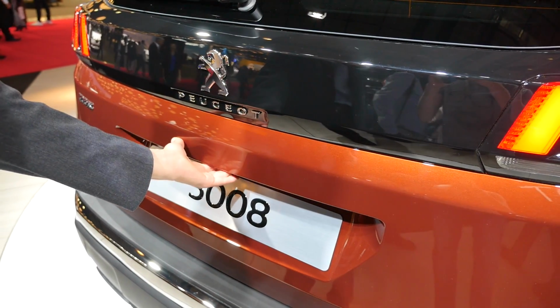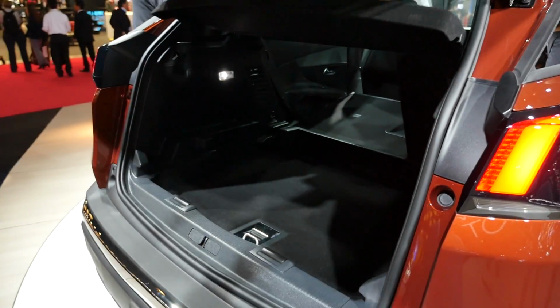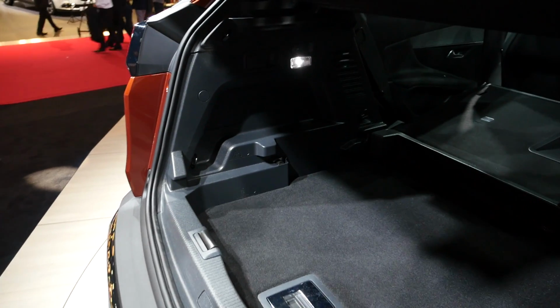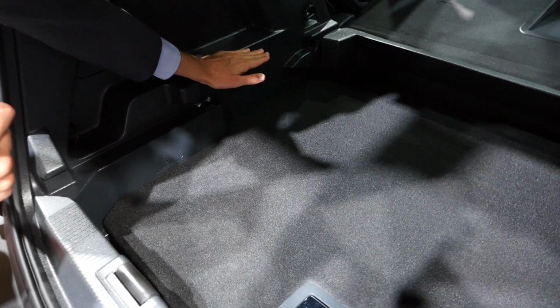And what about the trunk? Let's see if we can open it right there. Manual one in this case. And you see there's optionally a cover available here, and then you will have an even loading surface to the front. So at the moment it's removed right here, and you can also flip the seats from here like this,